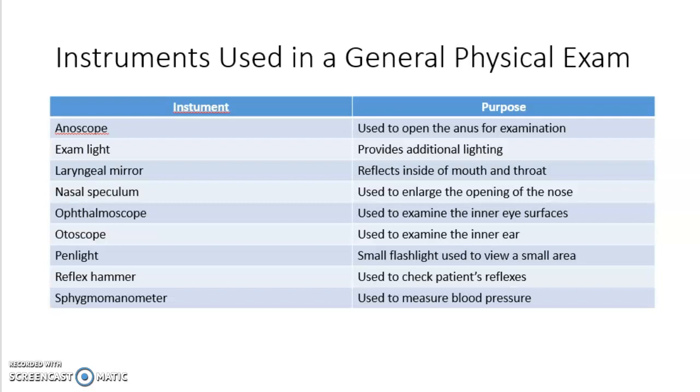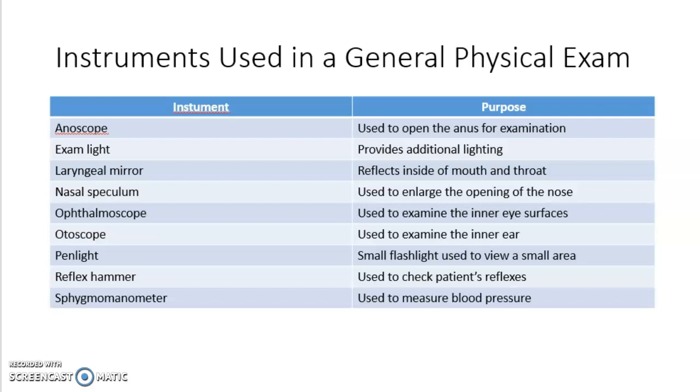The ophthalmoscope and otoscope are very commonly used by primary care providers as well as specialists. The ophthalmoscope is used to examine the fundus, which is the inner surface of the eye, and the otoscope is used to examine the outer ear and inner ear. There's a head on the handle that can be interchanged, but we have both of those mounted on the wall. A pen light is just a small flashlight. Some people carry that, not always. A reflex hammer checks the patient's reflexes. Primary care as well as